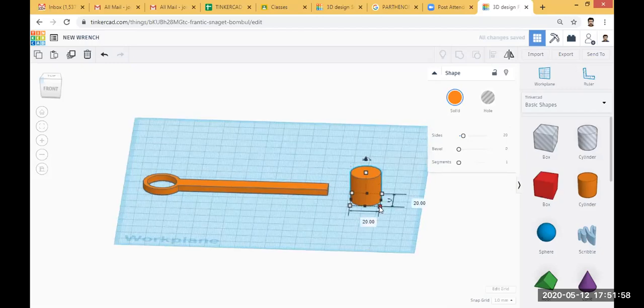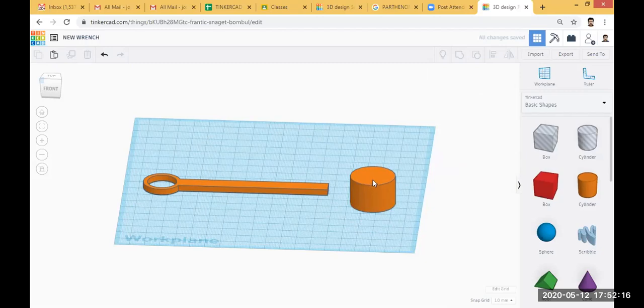Then I will change the diameter. Use the tab button, I will enter the diameter as 30 by 30. Okay, then enter. Then I will change the height. So I will change the height as 4 millimeter.